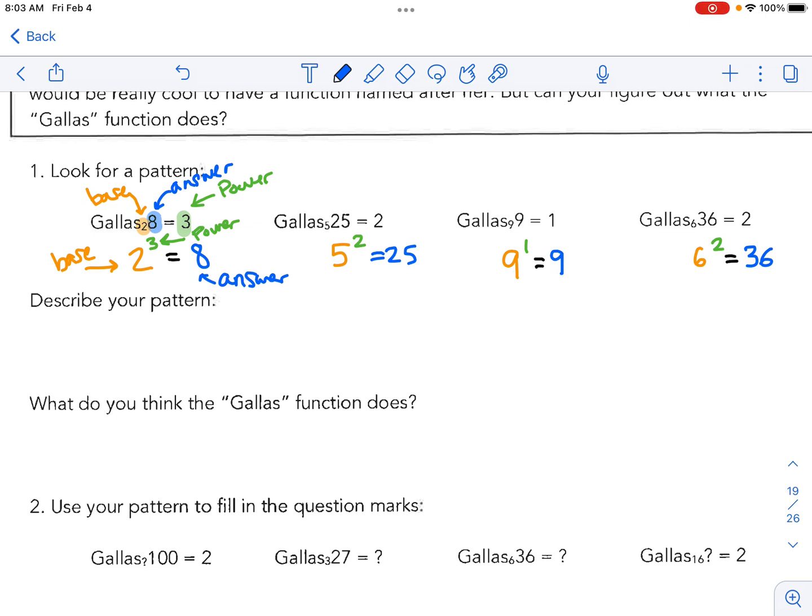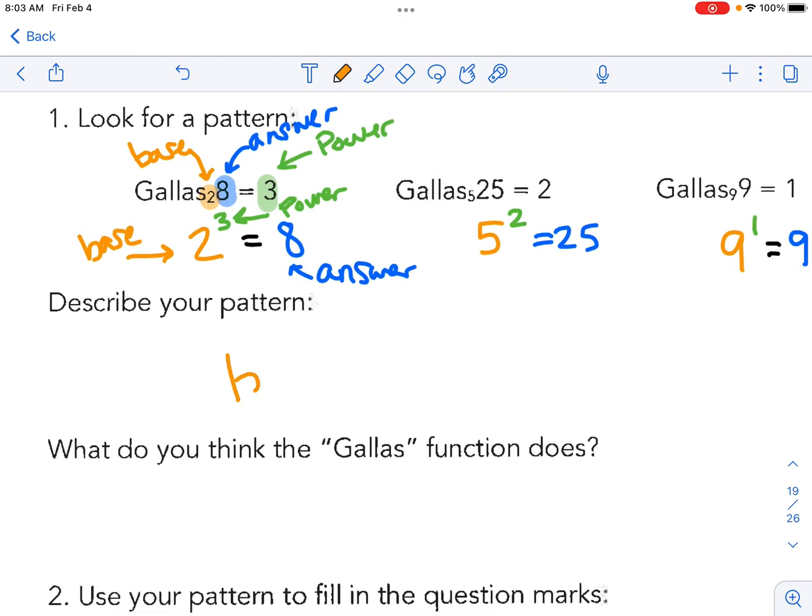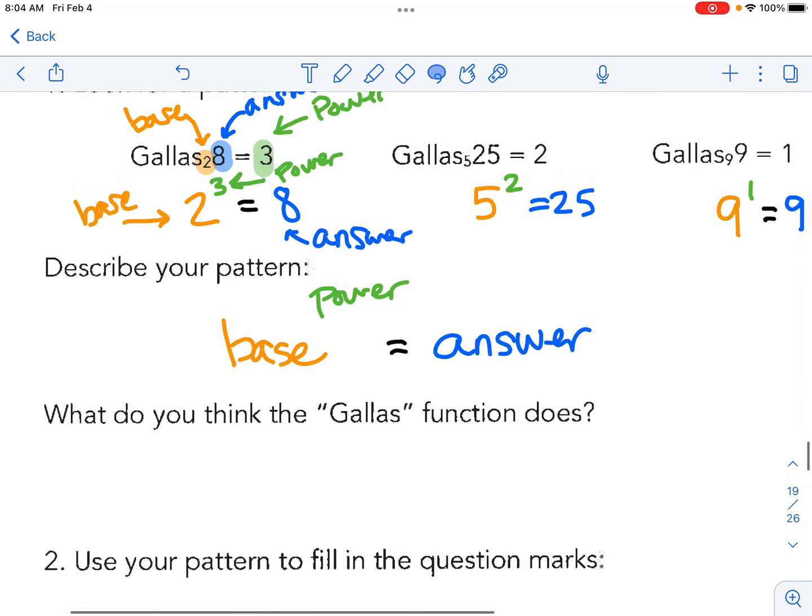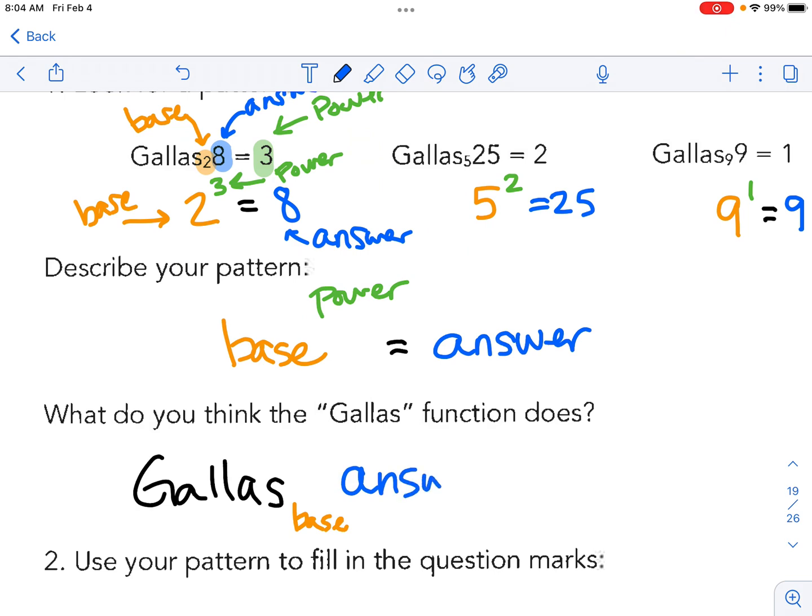The nice thing about this pattern is that, bringing the vocabulary up here, we have a base, and we raise that base to a power, writing it in exponential form, and that gets us the answer. So if we wrote the Gallus function, Gallus to the base, of the answer,